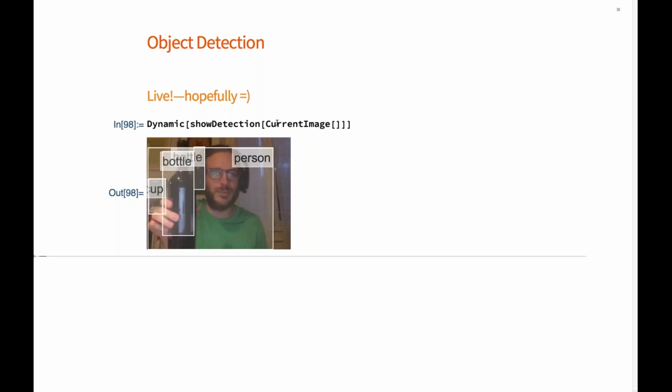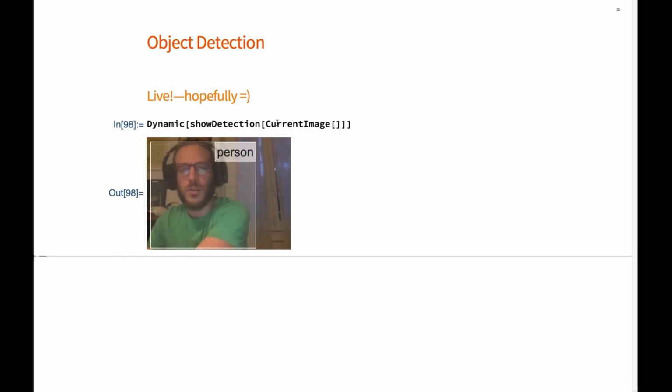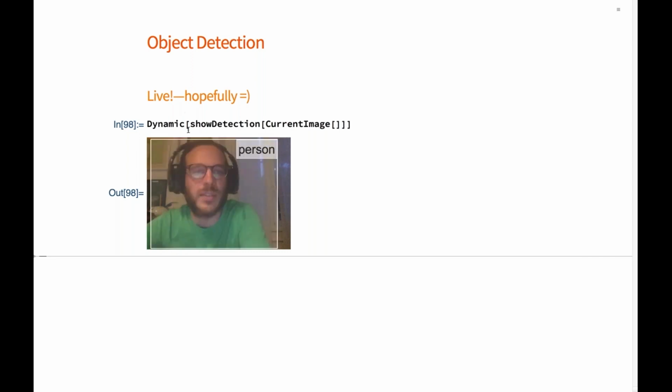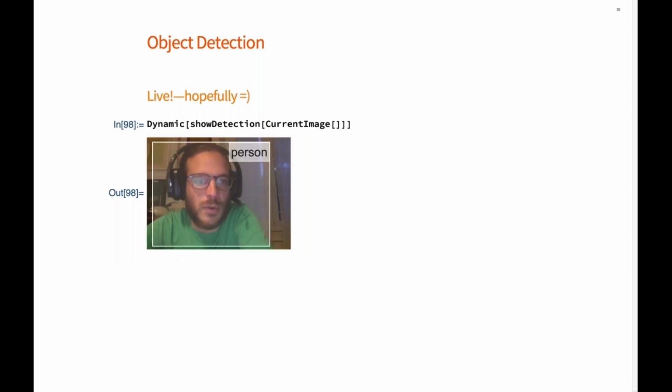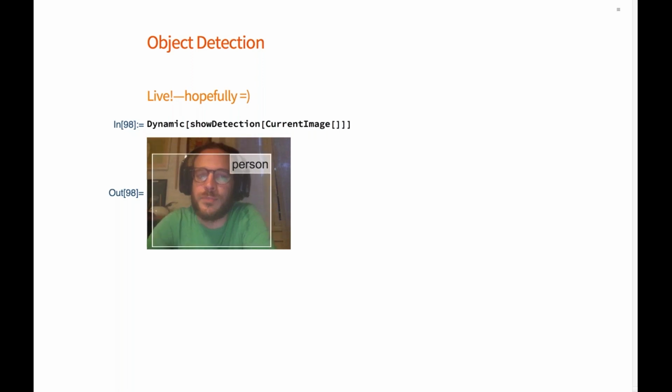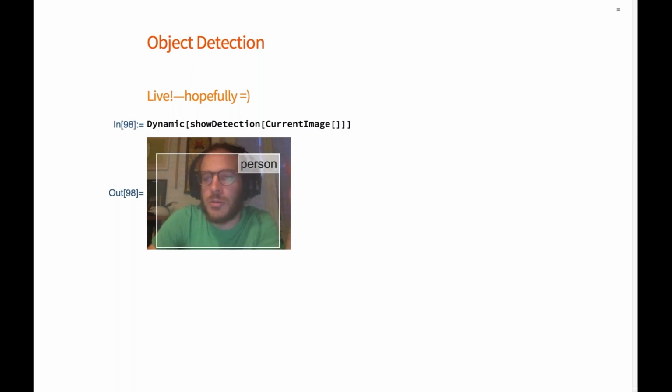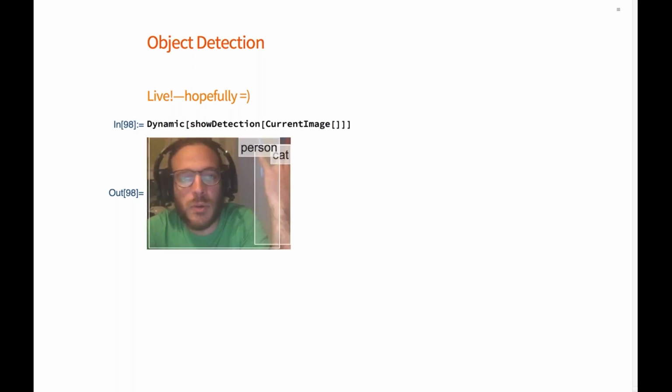This is to show that you can also build real-time applications, and of course now I don't have time to show this in great detail, but you can for example take an application like this and deploy it on the web with Cloud Deploy, and you can have all kinds of neural network applications served to your colleagues or your customers or all kinds of different people.